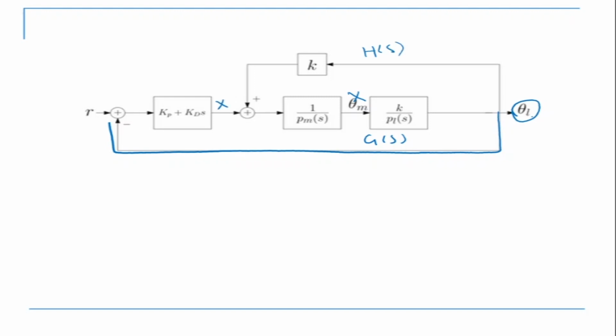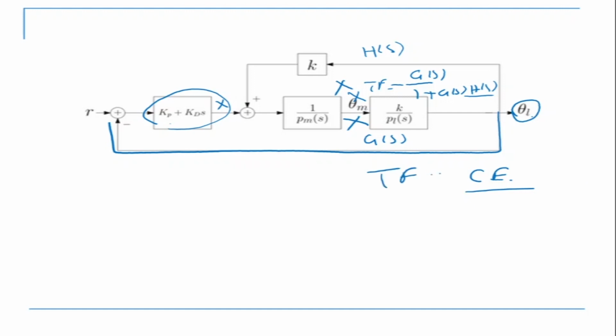Okay, so first I multiply this into this, then I find G S1 plus G S H S. Okay, this is my transfer function, and then I multiply it with this loop now. So I'm going to get one overall transfer function. Then I look at the characteristic equation of that transfer function. Okay, and again we see that there is a Kp plus Kd into s.